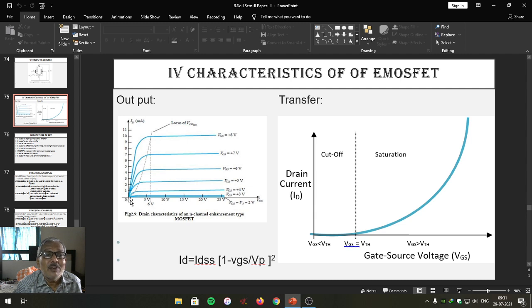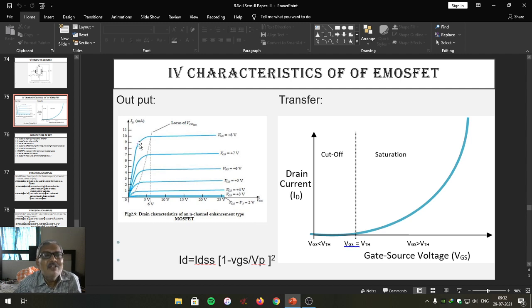But another conclusion we can draw, when VGS increases from 3 volt to 8 volt, naturally ID also increases. Because on y-axis there is ID and VGS we are increasing here, which we can observe from this particular reading. 3, 4, 5. For 3, drain current is say 1. For 4, drain current is increased, and so on. For 8, drain current is almost 9 point something. This indicates that when VGS increases, ID increases.